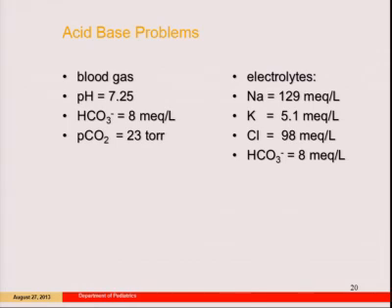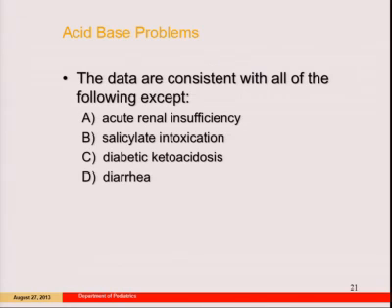pH is 7.25 with a bicarb of 8 and a PCO2 of 23. Electrolytes: sodium 129, potassium 5.1, chloride 98, bicarb 8. Consistent with all of the following except